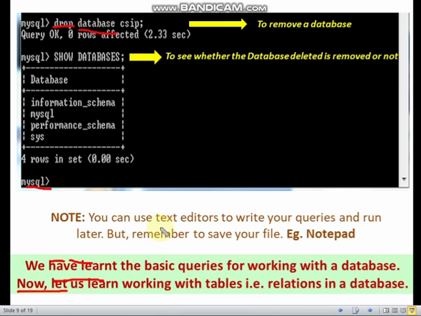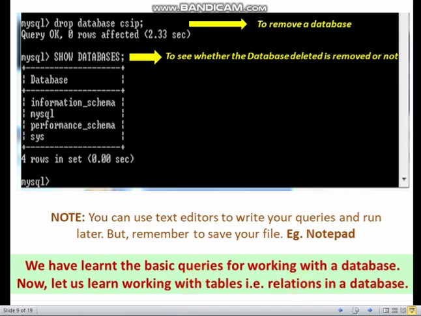And one more thing, you know that the queries which we are writing are not case sensitive. That means uppercase and lowercase are not treated differently. So you can write your queries in either uppercase letters, that means capital letters, or in small letters. And let me show you how to do this.